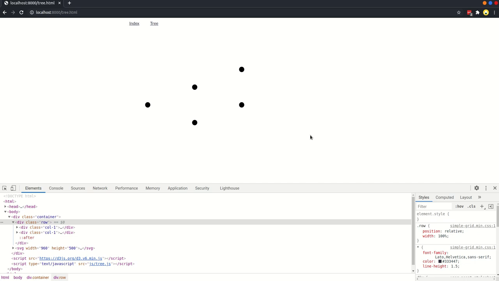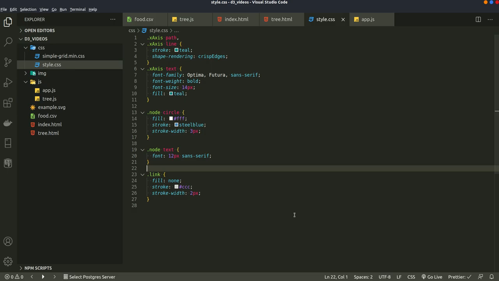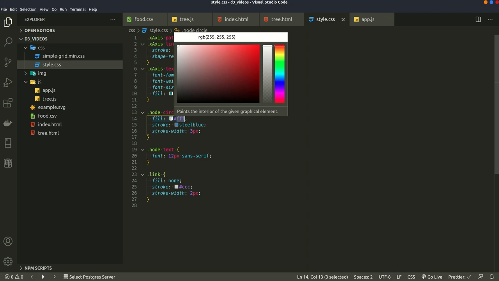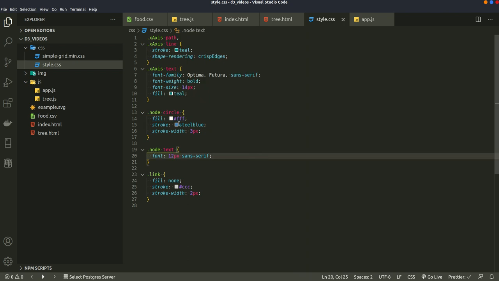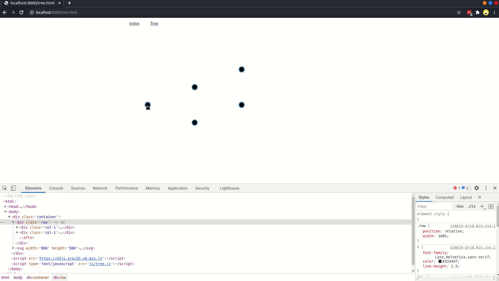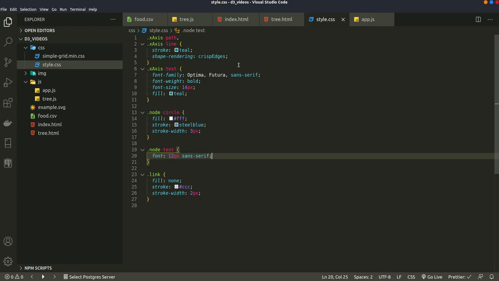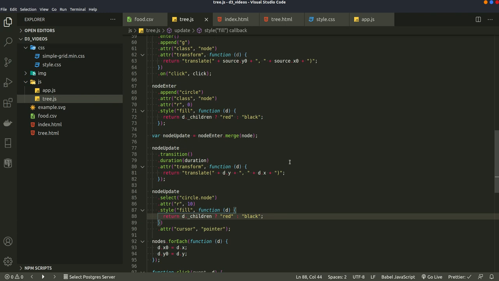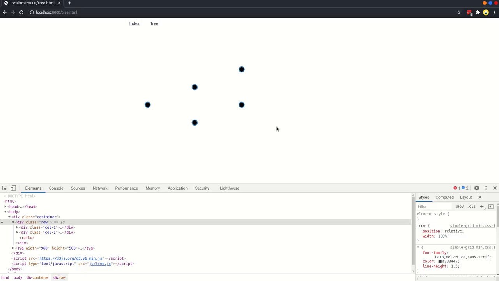If we check that out now, our fill is black, not white, because we changed it in our code. So if we change this to be the same as our CSS,